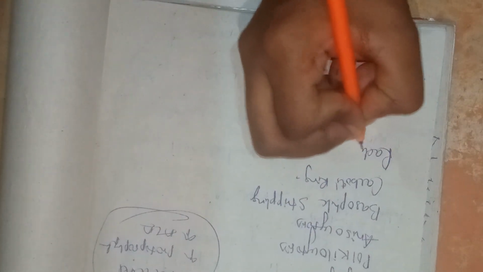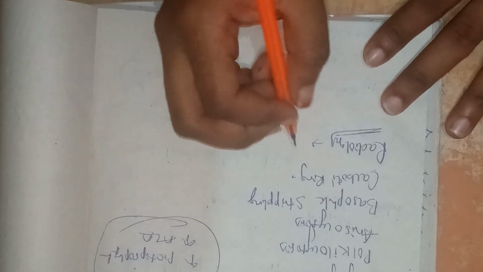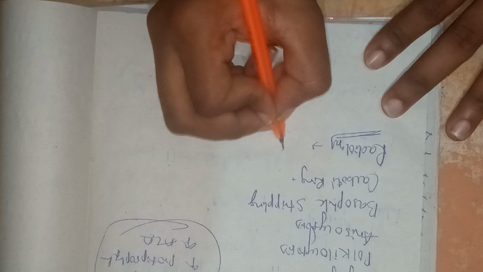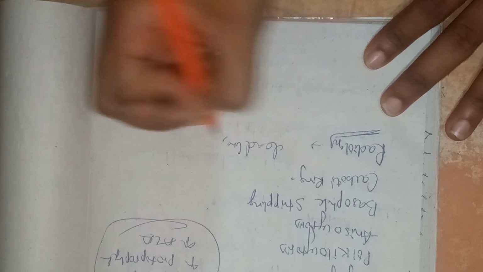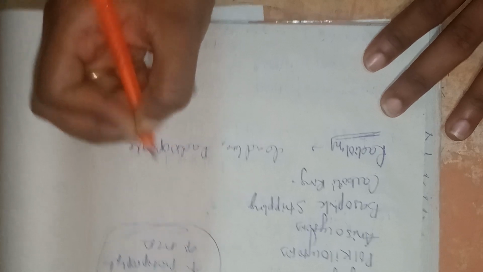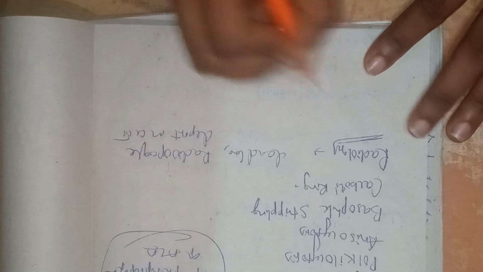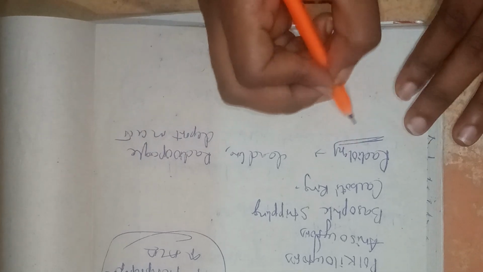Next comes radiological findings. Radiologically, what you can see in lead poisoning: radio opaque lead lines, radio opaque dense lines, radio opaque deposits in the GIT also. All of this can be seen in radiology.